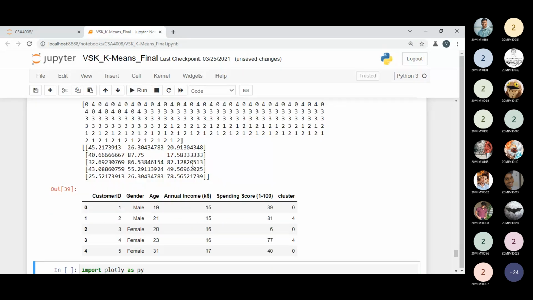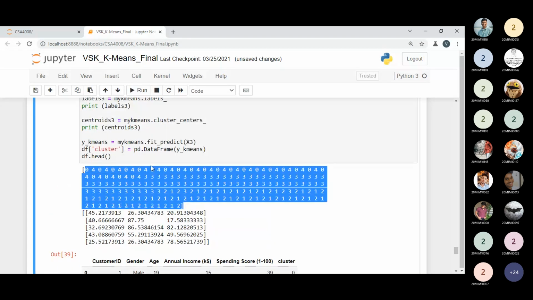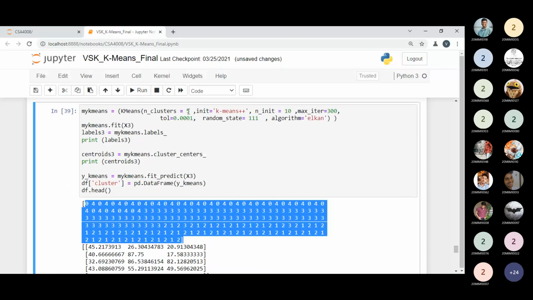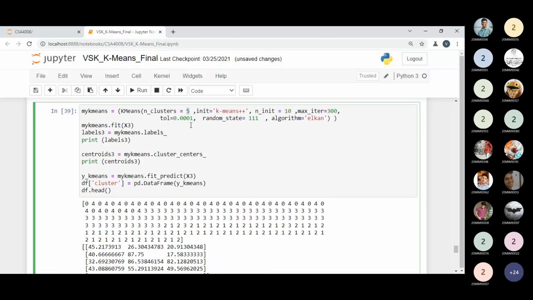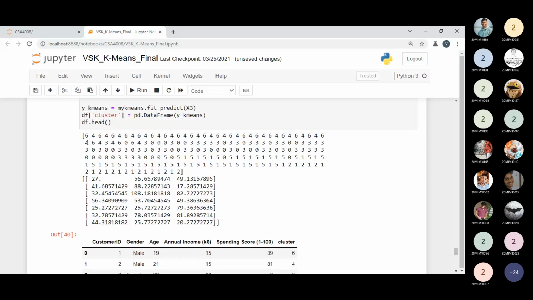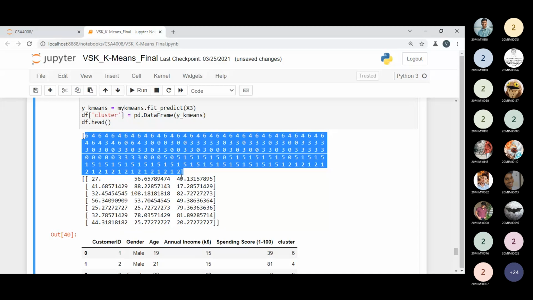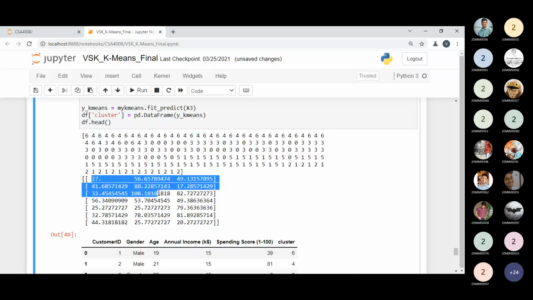See, here we are getting the different things. So total 5 we have. Suppose I'm changing the value to 7. So look at this, 0 to 6 centroids I'm getting over here, and the 7 coordinate of the centroid I will get over here. So this is the point.